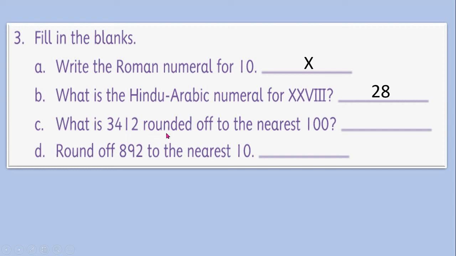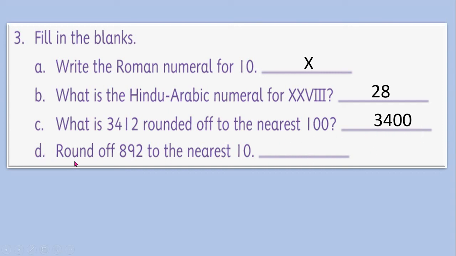What is 3412 rounded off to the nearest hundred? If this number is rounded off to the nearest hundred, we get 3400, because this 12 is less than 50, therefore we will round it off to 3400.